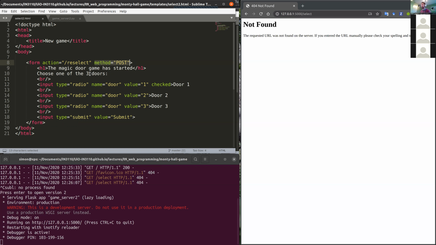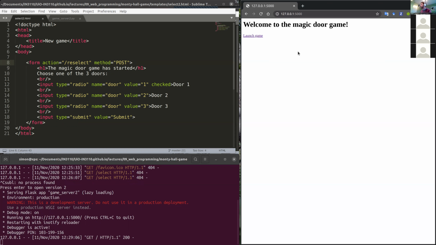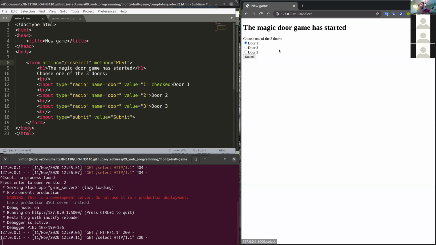So now let's see how this works. I go back to my original page. Nothing has changed here. But now when I click on Launch Game, you can see that our form has been rendered nicely. And as a user, I can click between the 3 doors. I can only select 1 out of the 3 doors because I chose this radio type button. Now when I click Submit,